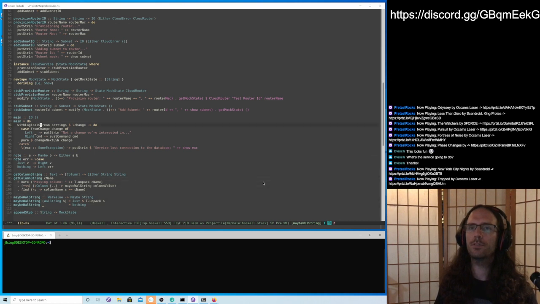Not quite what that function does, because we have get mock state on the front. We'll take a mock state string and return the mock state. If we had a functor for that, that would be just dandy because that's pretty much what we're doing. But